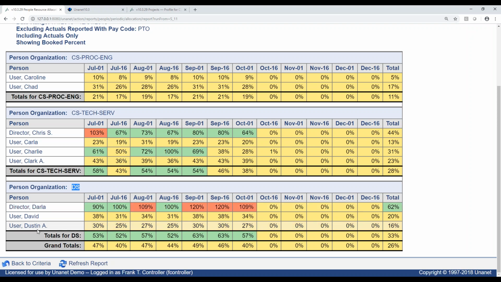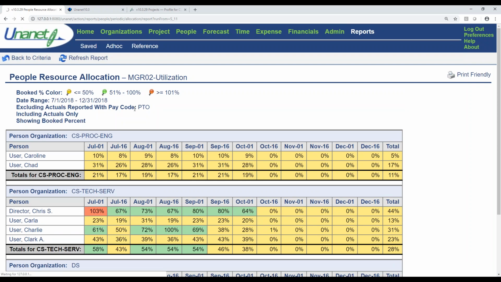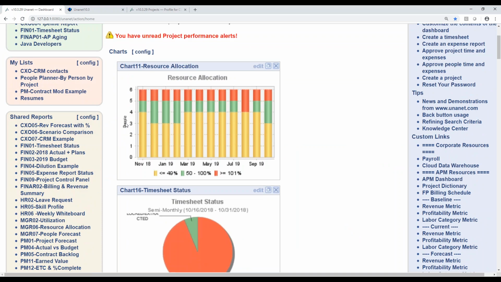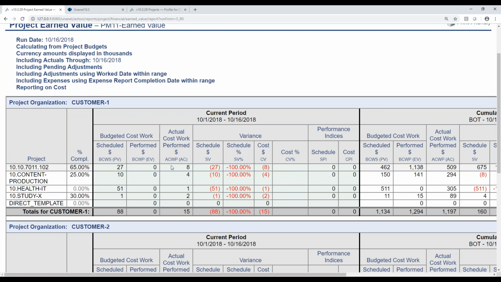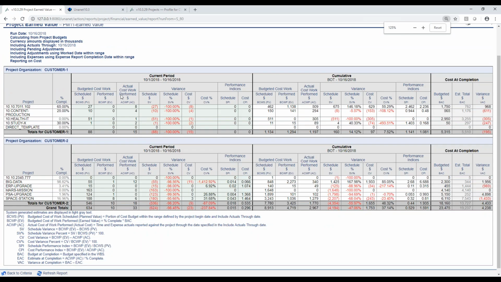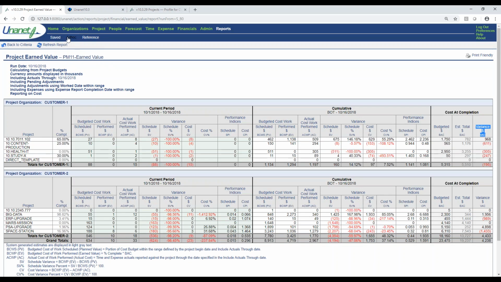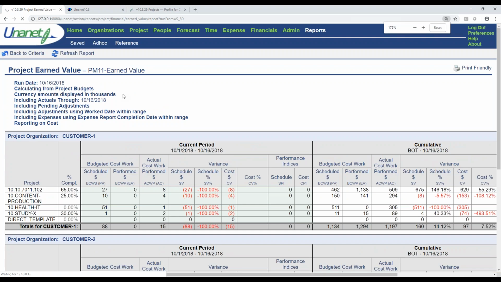So my DS team, I can see how Darla, David, and Dustin are doing. And my actual chargeability, my actual utilization has not been great, but I can see what my totals are by team. I can also see what my grand totals are. So I can see that in my utilization report based on actuals rather than plans, which is what I showed earlier. We also can accommodate some earned value reporting in Unanet, which is really nice. So you can go in here and look at activities for a current period. Really the value of this report, if I scroll all the way to the right, I know it's probably a little bit small, but I can see what's my budget at completion, what's my estimate at completion, and what's my variance at completion. So the EVM reporting in Unanet is really nice.